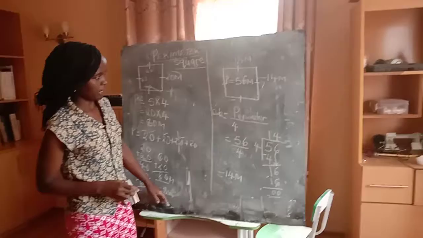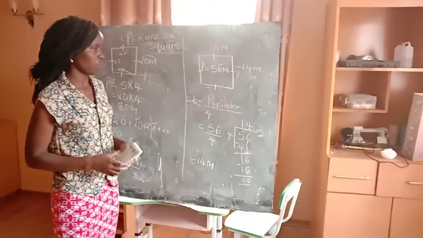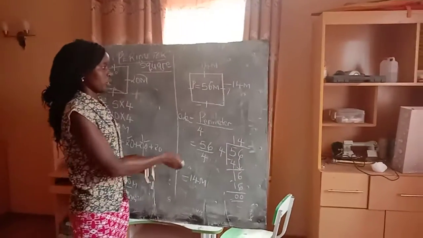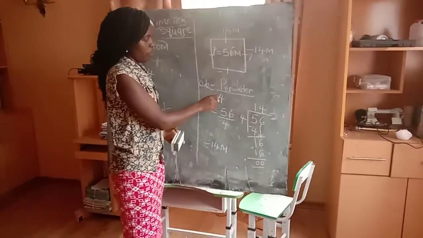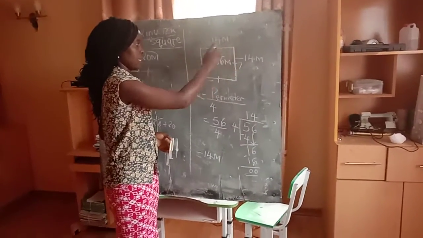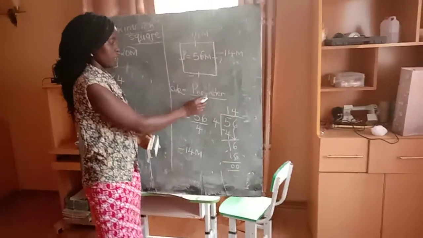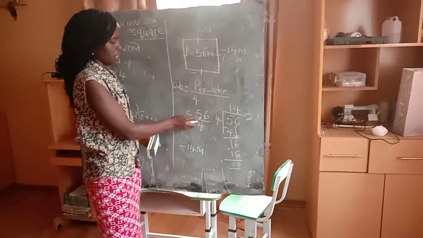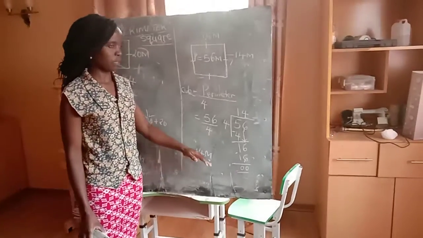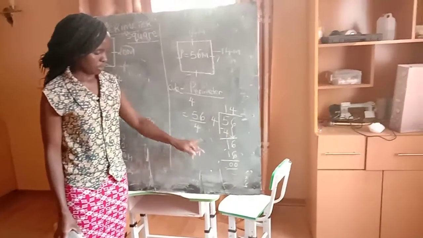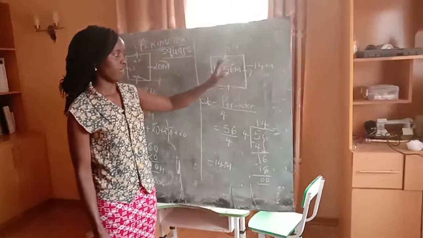If they have given you the perimeter and they're asking you to get the measure of one side, we said that you take that perimeter and divide by the number of sides. When you come to a square, all the sides are equal and we have 4 sides. For example, in our square here we had 56 as the perimeter. Divide by 4. When you divide, you're going to get 14 meters. So this answer that you have gotten now is the measure of one side, or the sides, of that square.